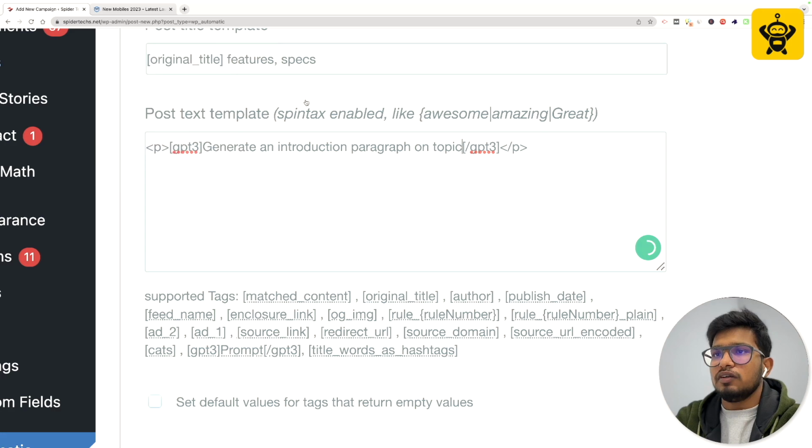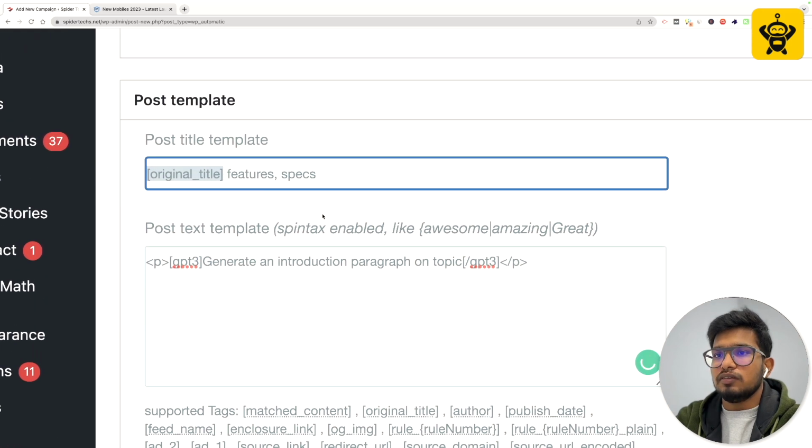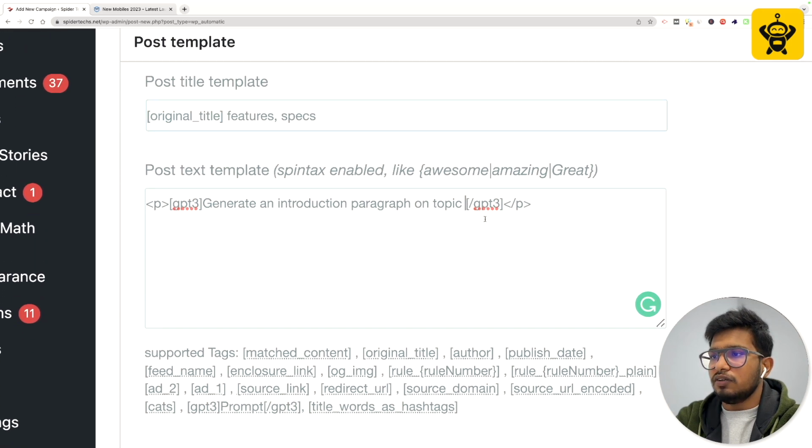Like in original title we got the phone name, so our topic will become your smartphone launched. Now GPT-3 will use its own technology to create the paragraph on this particular topic,